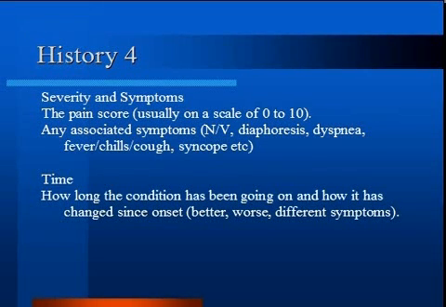Associated symptoms can help distinguish between different etiologies for chest pain. Belching and difficulty or painful swallowing are suggestive of esophageal disease. Vomiting may occur in the setting of myocardial infarction in addition to GI problems. Diaphoresis is frequently associated with myocardial infarction as well.